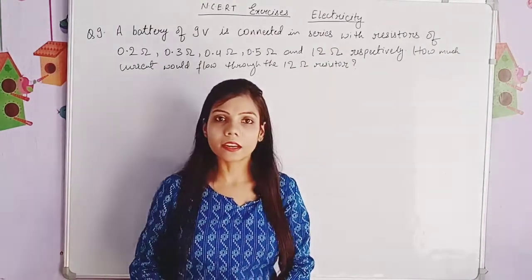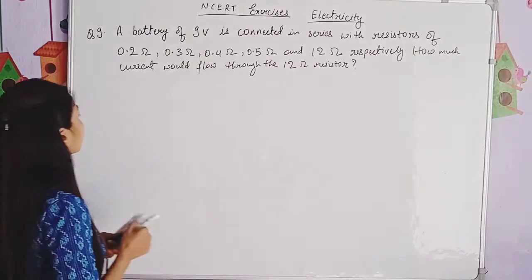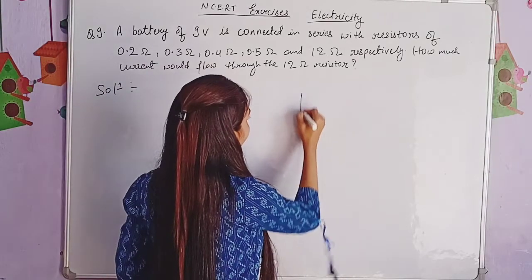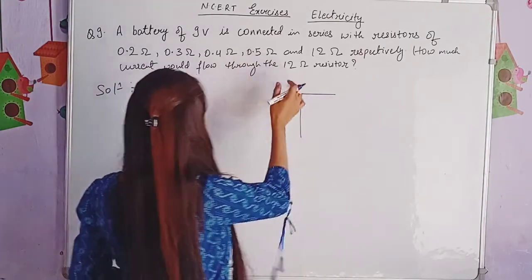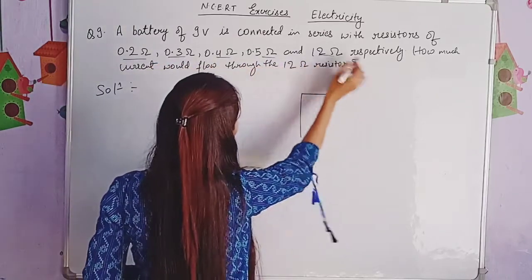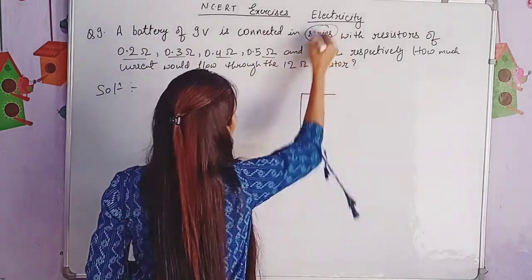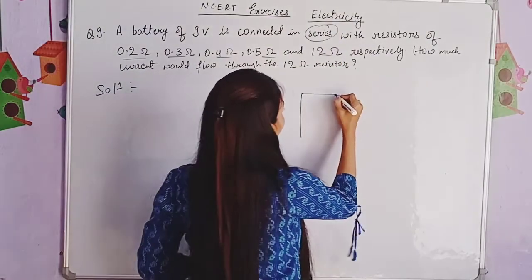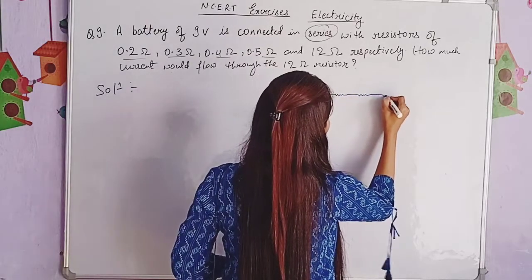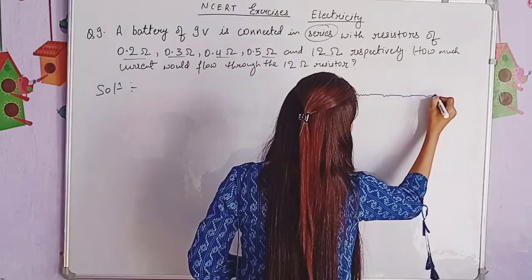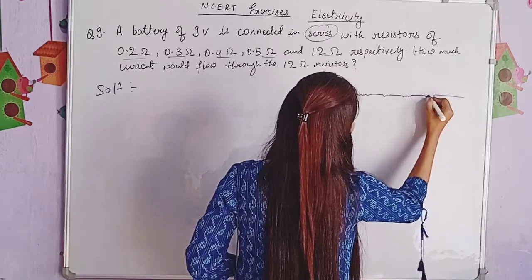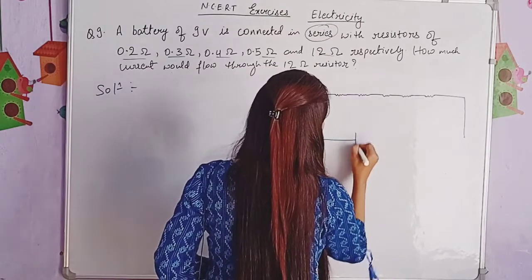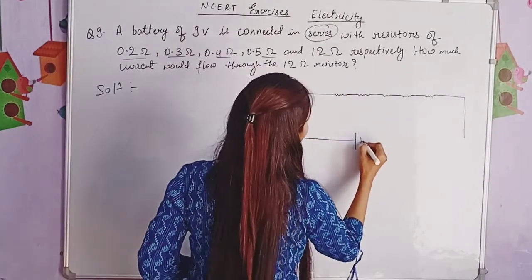Again we will draw a circuit diagram as we did in the previous question. So the circuit will be like this. We have a number of resistors. How many? 1, 2, 3, 4, 5, and these all are connected in series. We know that in a series combination the connection is end to end. Okay, so 1, 2, 3, 4 and 5. Okay, 5 resistances. All these resistances are connected in series with a 9 volt battery.